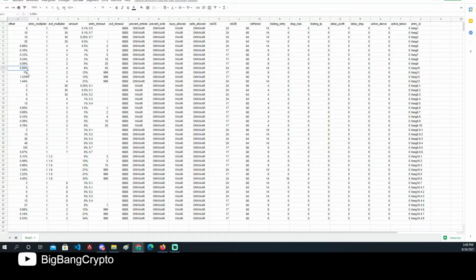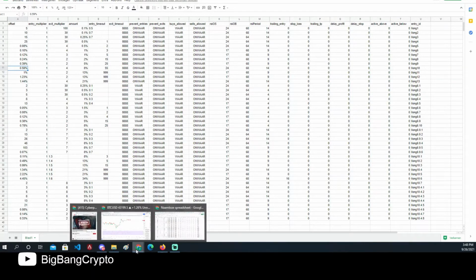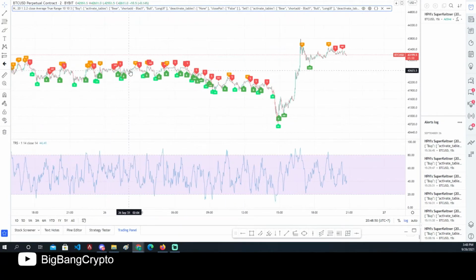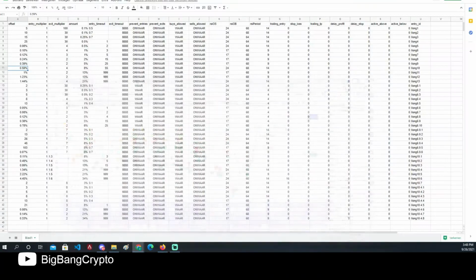Why do I say that? Because we know that our range is 1.3%. So if we know that most of our trades and our bigger trades are happening in the higher part of the range that we're trading when the market is choppy, then we know that our market making will most likely be profitable, right? So we want to be in the higher range when we're shorting. We want to be in the lower part of the range when we're longing, right? So we're going to set the